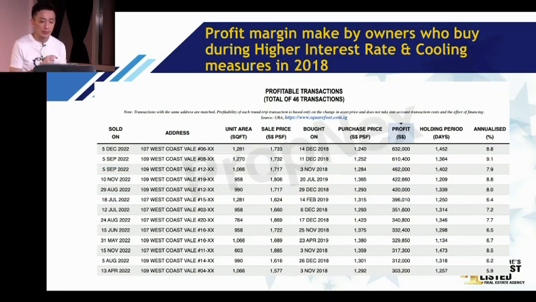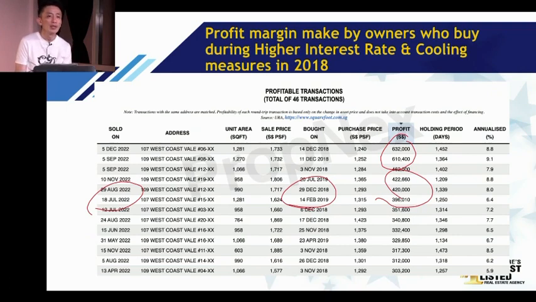If you look at this, this is another development in West Coast. Same thing, 2018, 2019, you look at 2022, they sold their property, do you see how much they make? 400, 500,000. As usual, I say, my friend, even if I got to pay stamp duty, even if I got to pay whatever penalty, as long as I pay, I still earn money. So what? I will pay. It's better than you don't earn 1 cent.